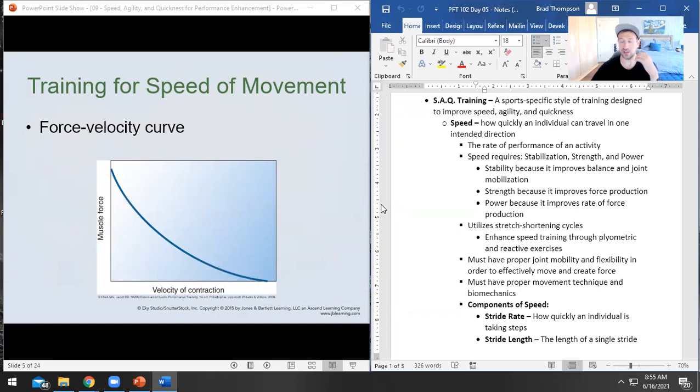Obviously, one thing that we also need to talk about is that speed is affected by that force velocity curve that we talked about the other day when we were looking at some of our movement kinetics, right? We were looking at the force velocity curve, and that states that you cannot have a lot of force and a lot of velocity. They have sort of an inverse relationship. Well, when you are sprinting, you start with a lot of force. You're not moving, you have no velocity. So what you're trying to do is produce as much force as possible.